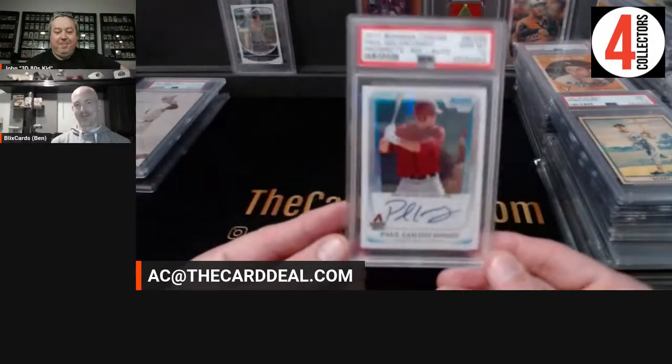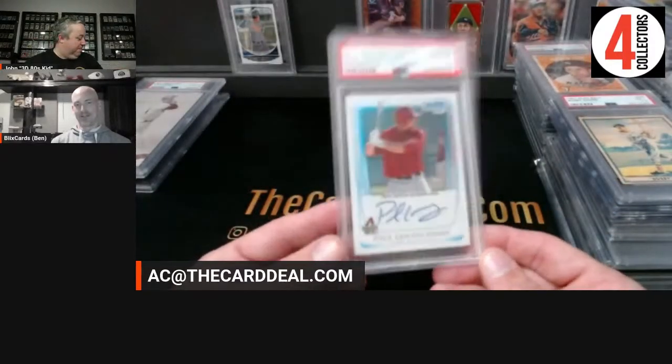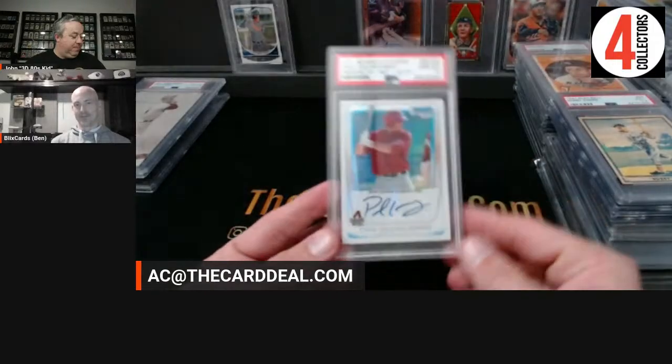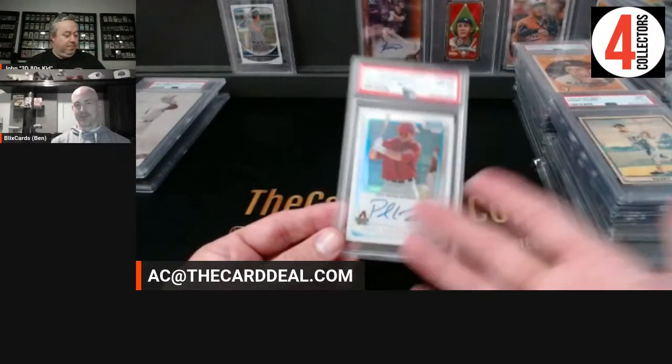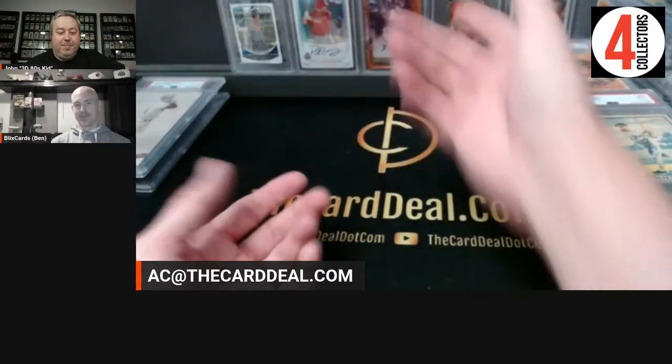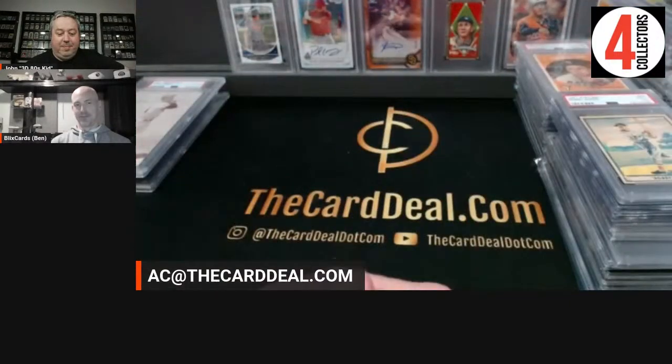Numbered to 500. That's likely a Hall of Famer, and it's like a pop 18 or 20. And if this was a Mike Trout, this would be worth a boatload of money. Is he as good as Trout? No. But if that was Albert Pujols, again, more money. I think people just